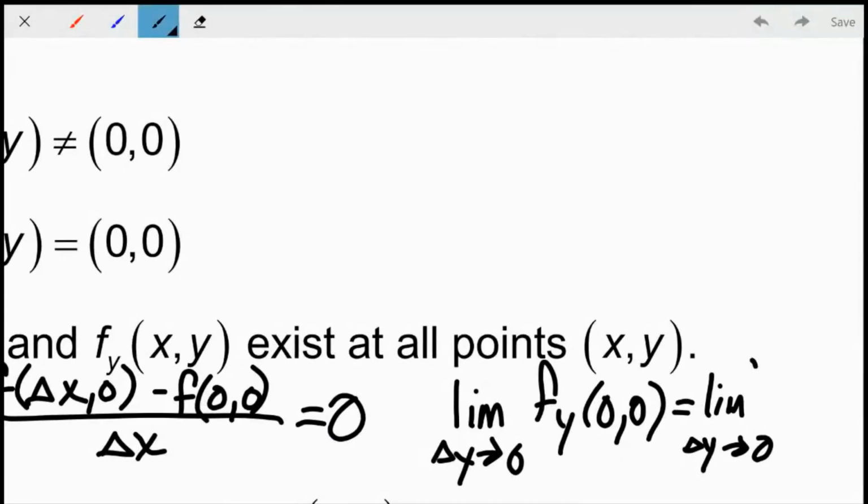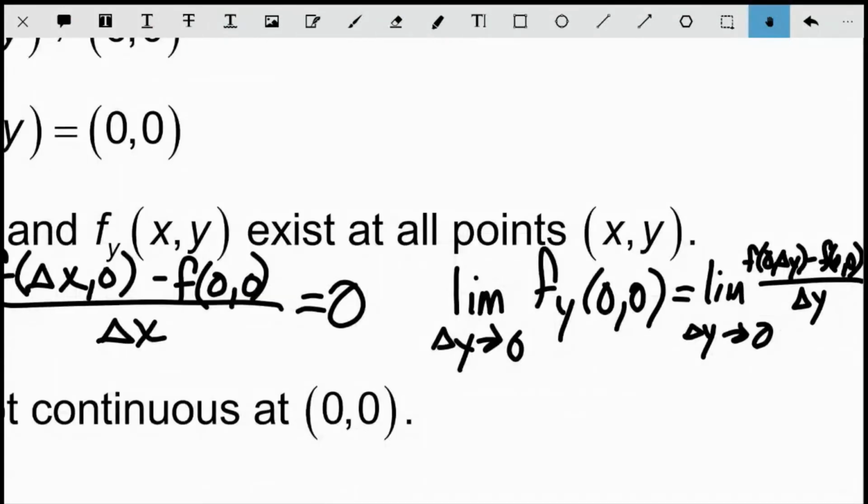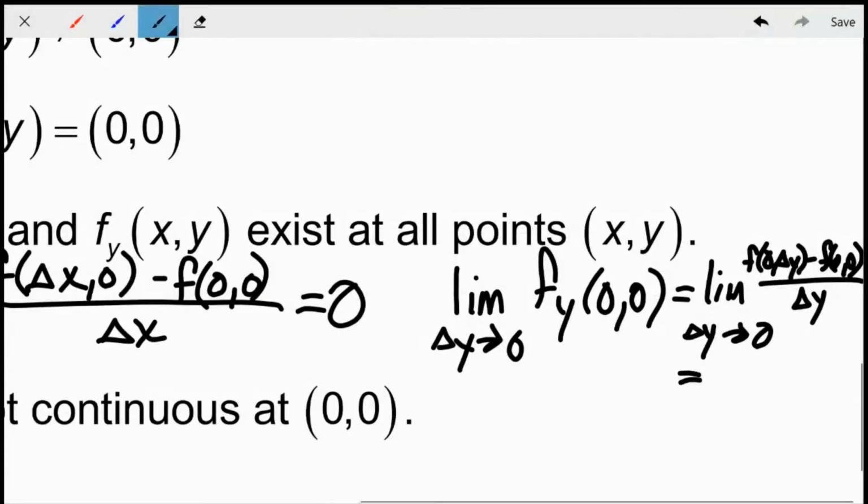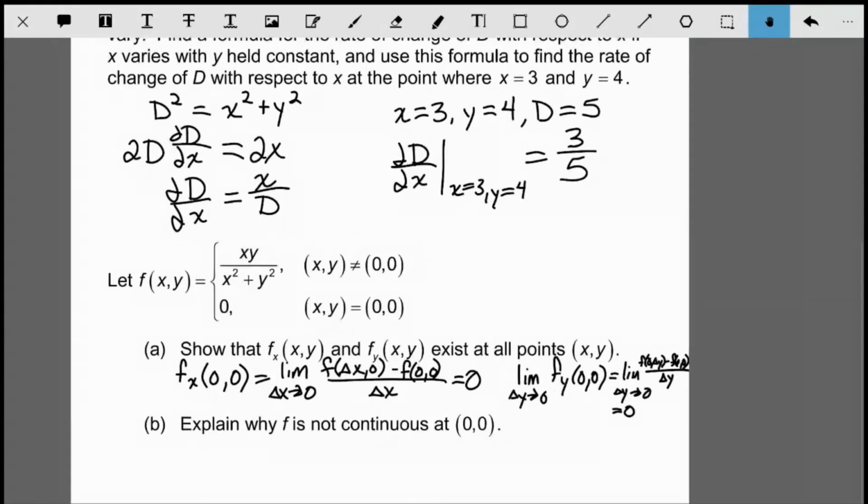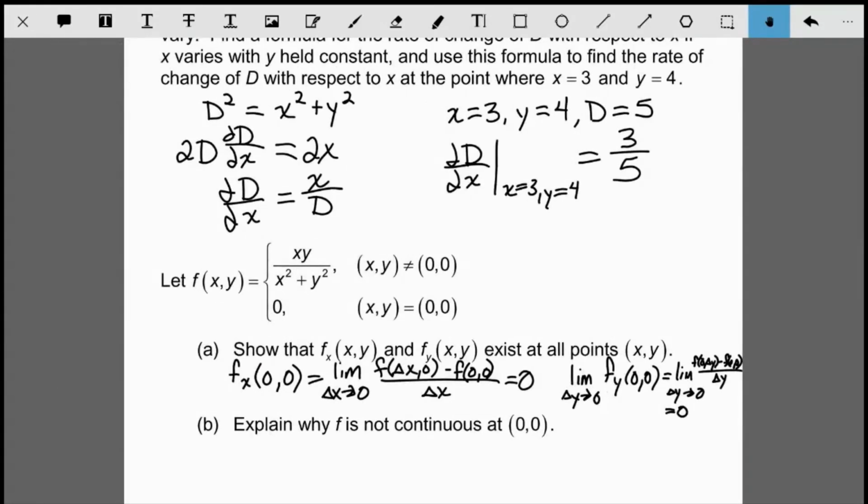Okay, so f of 0, delta y minus f at 0, 0 divided by delta y, and that would still be equal to 0. So since we get the partial derivative existing at the point 0, 0, we know that this function is differentiable